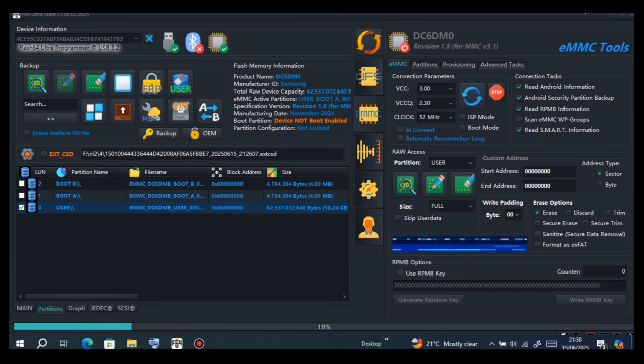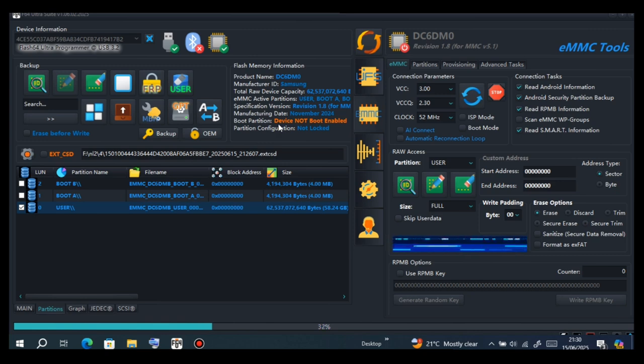As you can see now, I've finished restoring boot A and boot B and ext. Now it's writing user. Make sure you check if your device is boot enabled after this